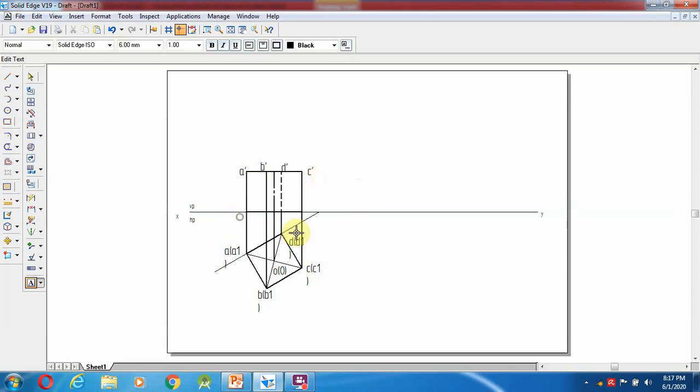So comes over here A1 dash, so this is B1 dash, so this will be the D1 dash, and finally C1 dash. Okay, so like this we are going to mark over here.